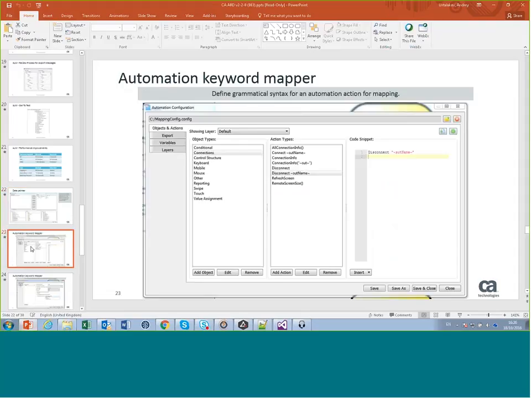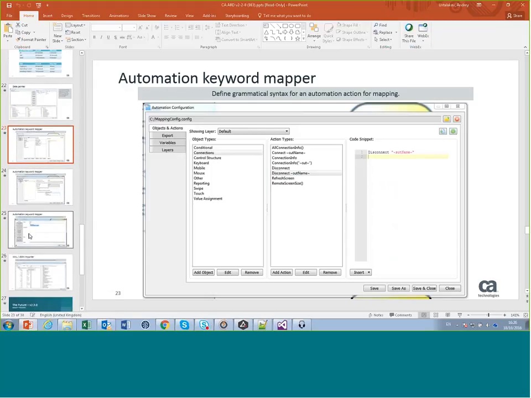What I'm going to show now, next one, is the automation keyword mapping function. So the idea behind this is to make it easier to map the automation parameters on top of your existing flow, or do it as you build the flow. And the reason behind it is because it takes time to